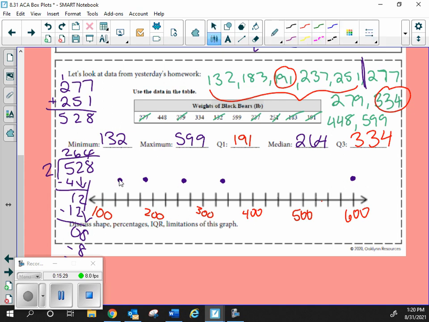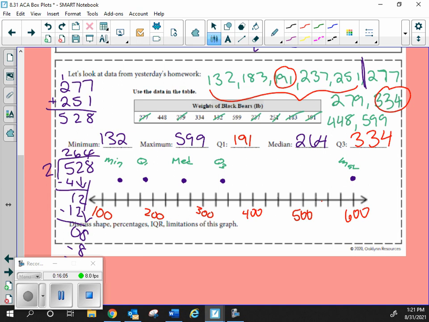I'm going to go ahead and label them just because they'll help me. Again, this first value was my minimum. This one was my maximum. You don't have to put the actual numbers because we have them listed up here. You can if you want to, but you don't have to. This was my Q1, my Q3, and then median. I'm just going to put med for median. Again, I'm just labeling them for now. Typically, you don't have to do that. I just want you to know which dot means what.